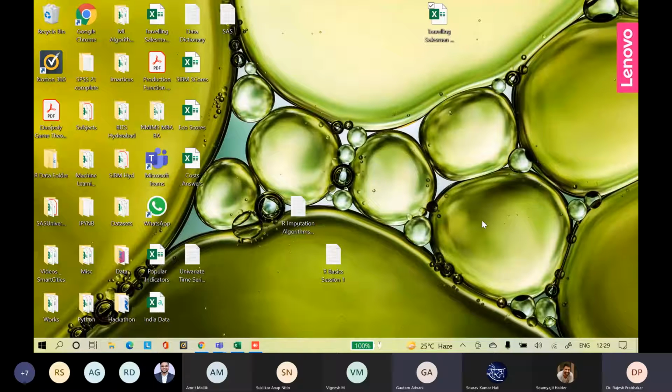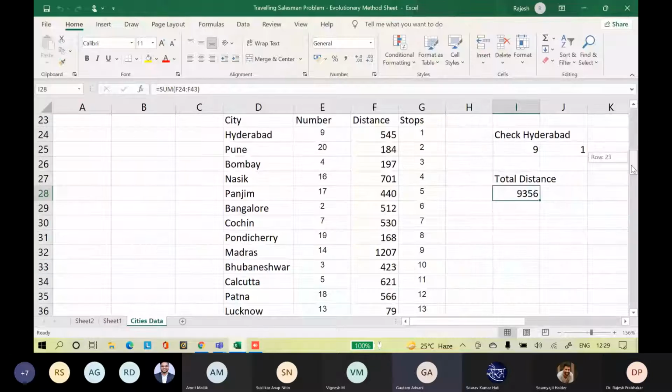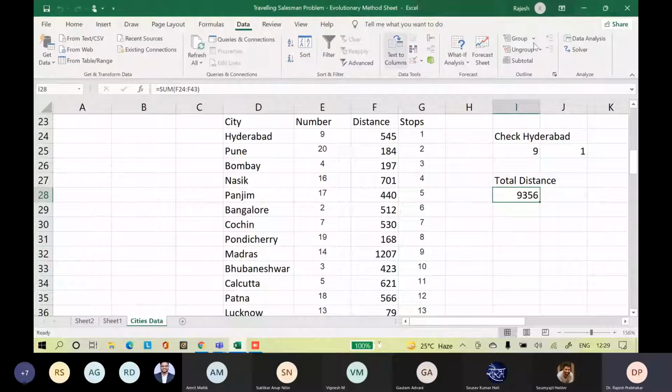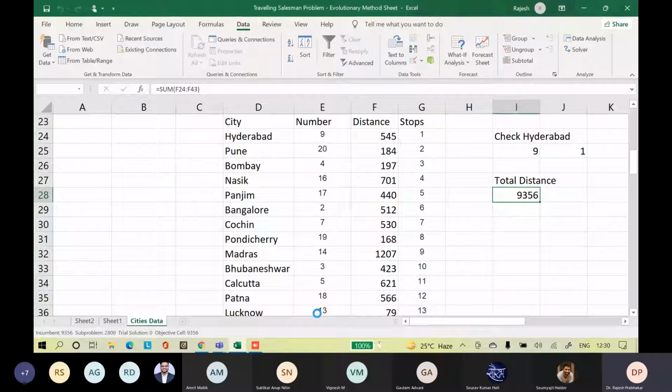Okay. Sir, actually, I am getting a total distance of 8,749. Yeah, I told you. Random input is there. It will change. When you have random thing, it will change. That's what I am telling you. If I solve it again, let us see, my number also should change because there is a random cell input. So it is 8,790. Objective cell is 8749. See, my objective cell already changed to 8749. I ran the solution a second time.